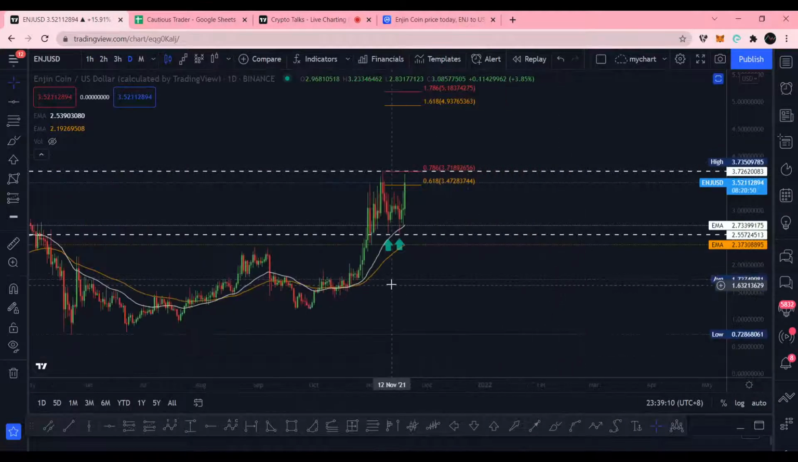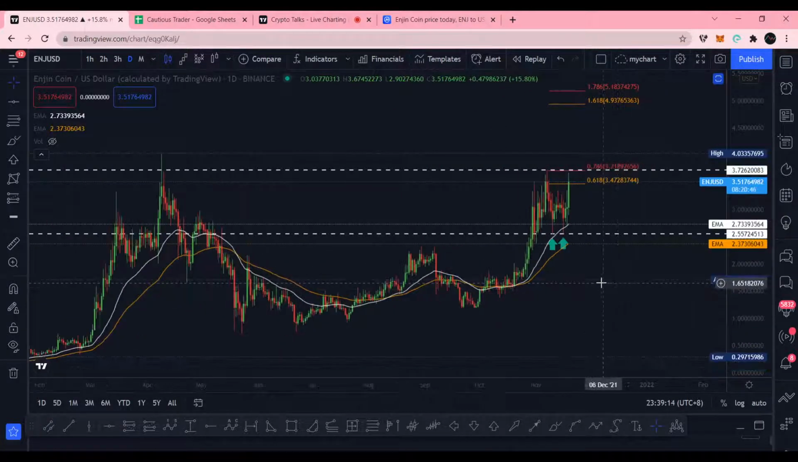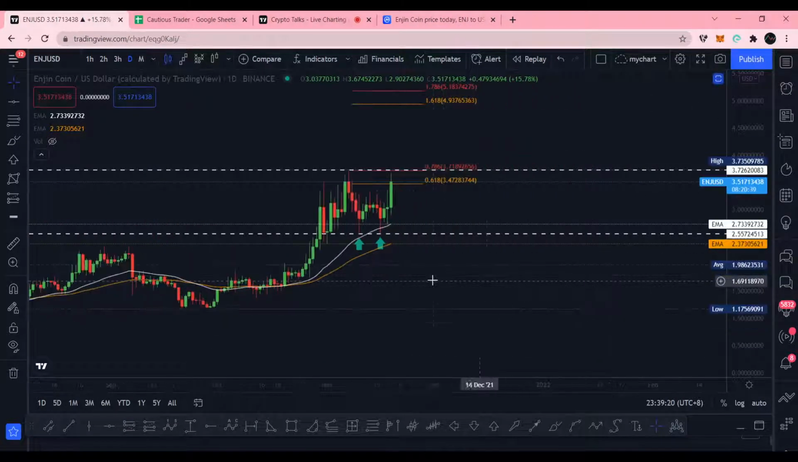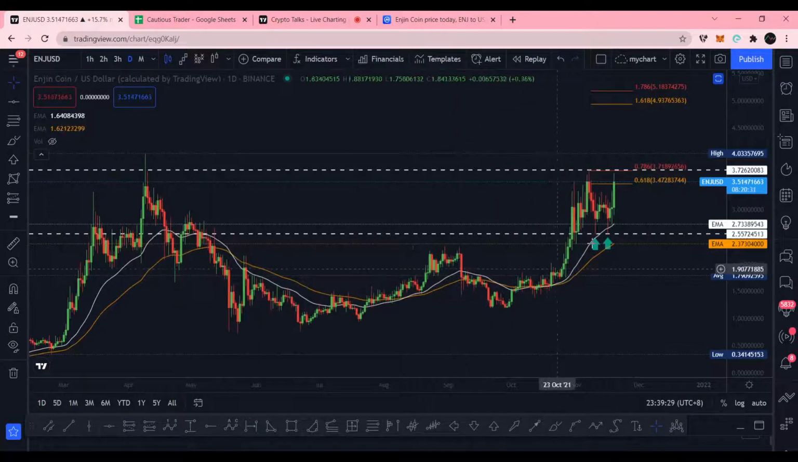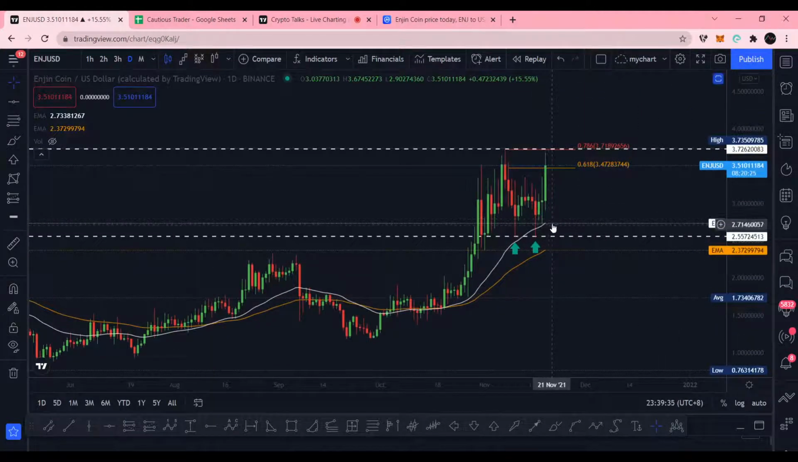ENJ. As you can see for ENJ, Enjin, I'm looking at the 2.55 as a possible support, which has already been retested twice. And aside from that, EMA 30 also holds. So I can even use that as my immediate support area, which is